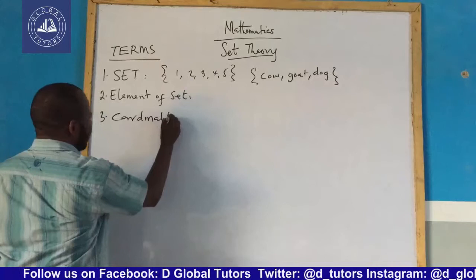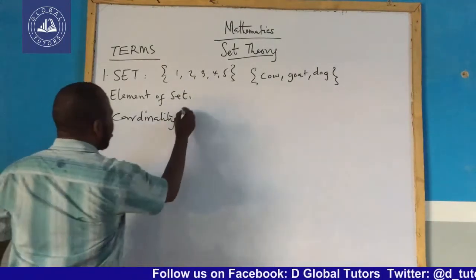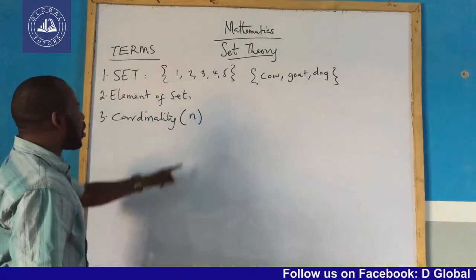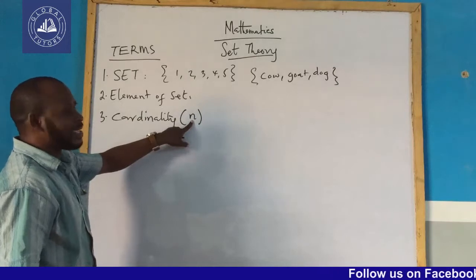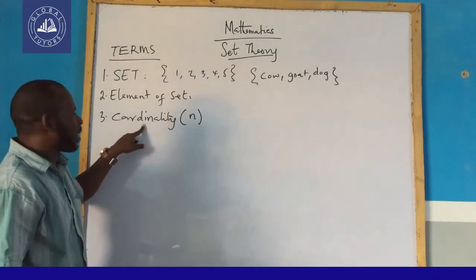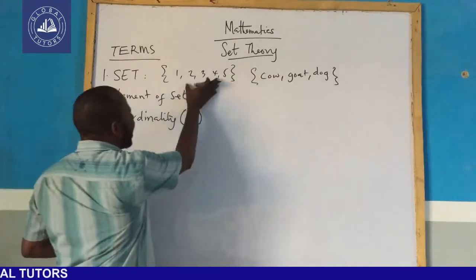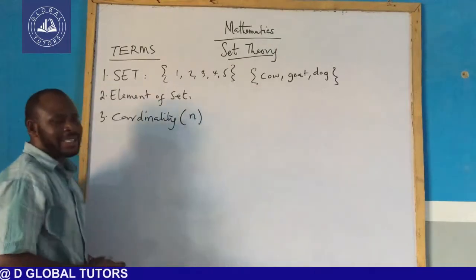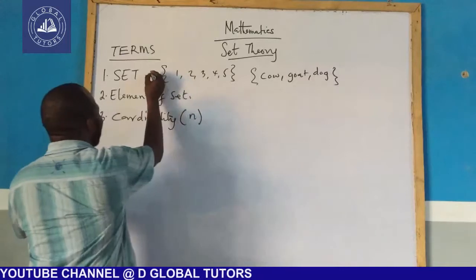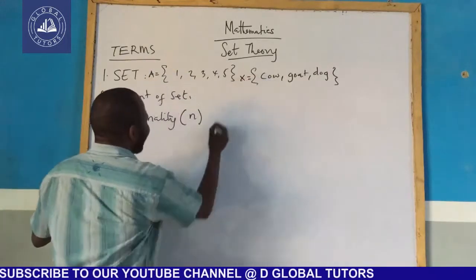cardinality. Now, cardinality of a set is denoted by the symbol n in set theory. So anytime you see n in set theory, what it refers to is cardinality. Now, what do we call cardinality? The number of elements collected in a set is the cardinality. How do we denote that? If I have, for instance, this set A and this one set X,